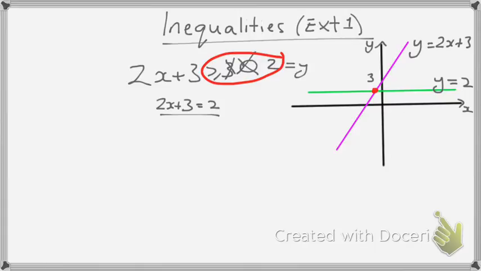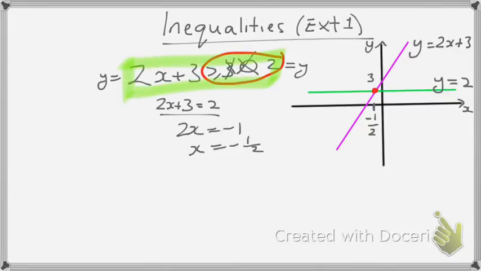Kind of think of these two things as equaling y, and we say their y coordinates are the same. Now that point occurs when 2x equals minus 1, so x equals minus a half. So that there is minus a half. And now, if we translate this first inequality, which says 2x plus 3 greater than or equal to 2,